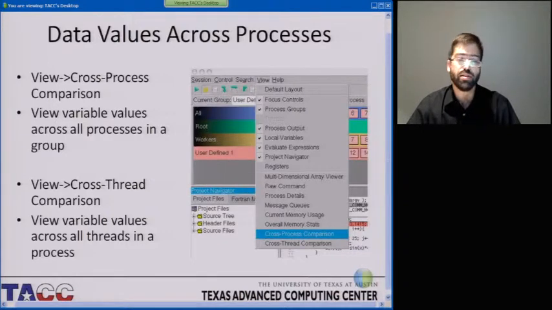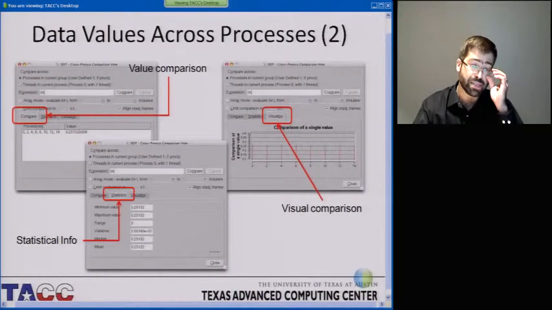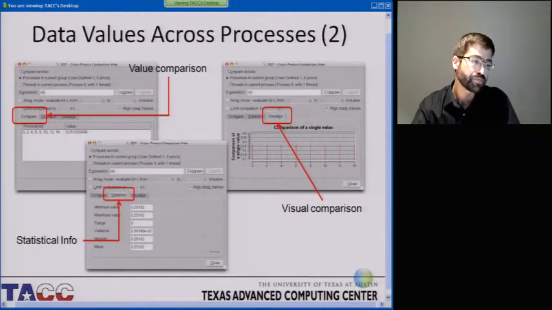Instead of having to look at this one by one, process by process, DDT offers you the possibility of doing a cross-process comparison. What you do is go to the View menu and then select Cross-Process Comparison. You can also do a cross-thread comparison, which would be the equivalent for threaded code. And that will show you the value of a variable across all the tasks that you're focusing on at the moment. So for example, in this